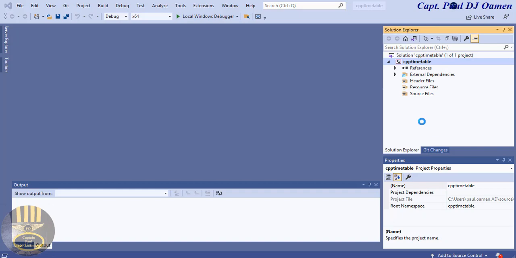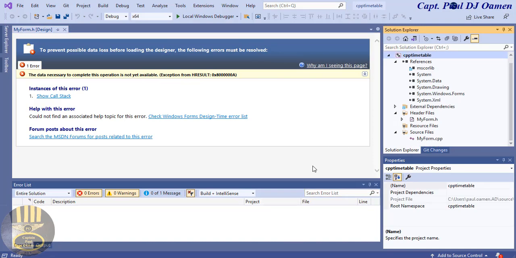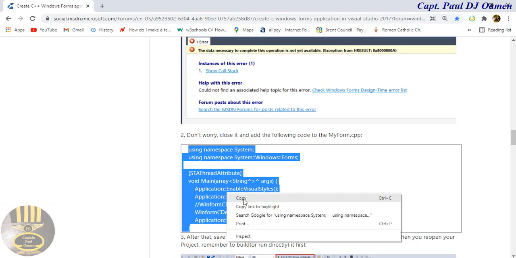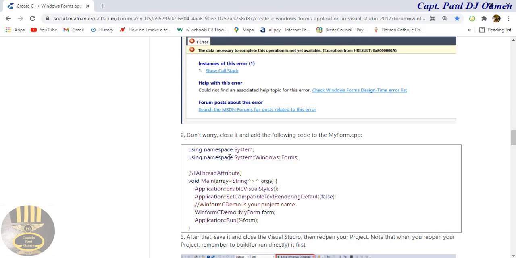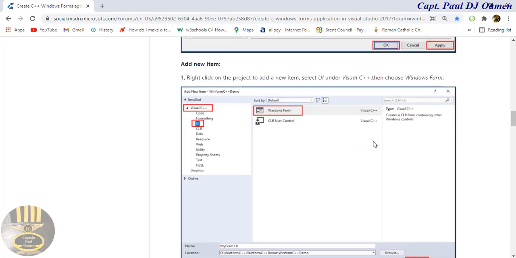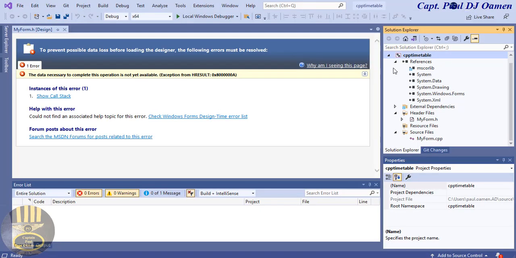Once that is done, we need to add some other lines of code to take care of this error, and to do that, let's go straight into this forum here. In this forum, I'm going to copy these lines of code we have in here. This forum actually covers how to create your own form. I will include the URL of this forum in the description area. So minimize that and double click on